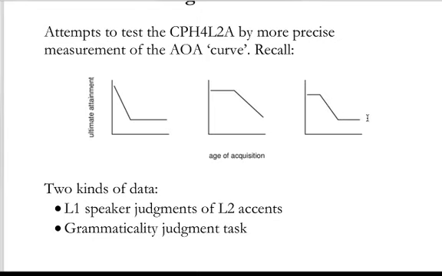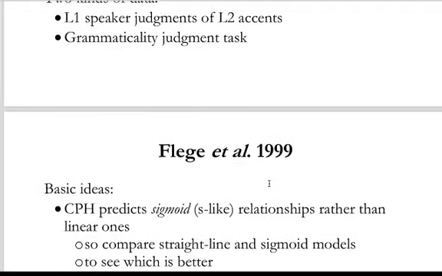There's going to be several discontinuities in this function where if you acquire the language during your critical period, you're native-like. As you get towards the end of that critical period, attainment starts to decrease. And then if you start acquiring the language after your critical period, you're sort of equally bad down at the bottom here. And so that's what Flege and colleagues are assuming should be evidence for a critical period hypothesis. Now, I've said I find either one of these curves also to be consistent with that. But what they say specifically is that a declining straight diagonal line, which is not shown here, that's the kind of curve that's not compatible with a critical period hypothesis.